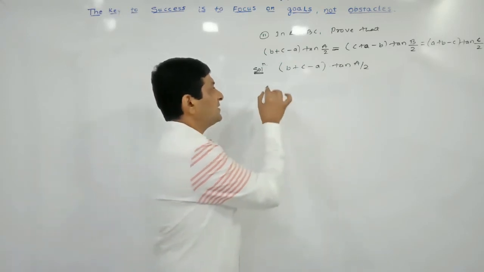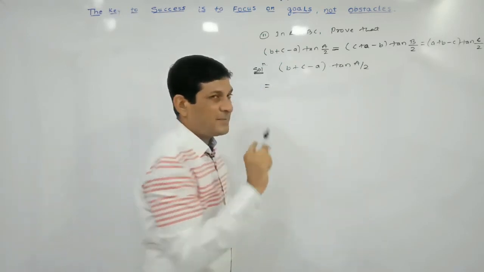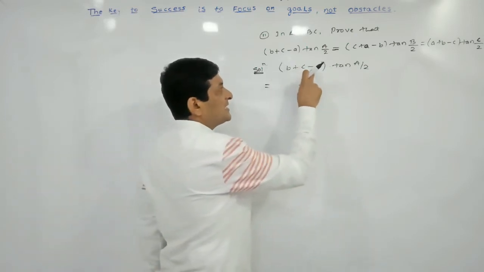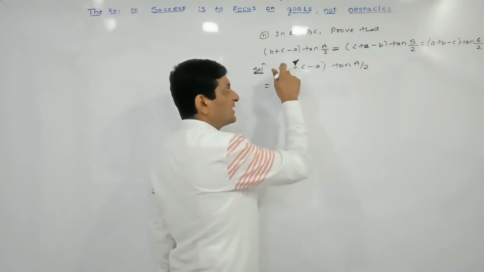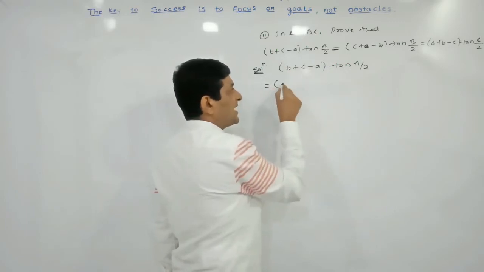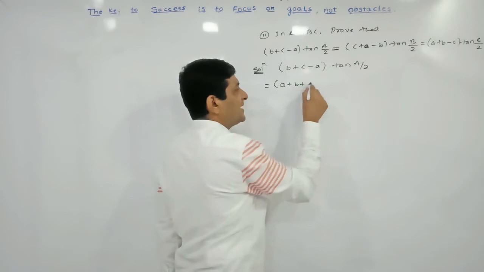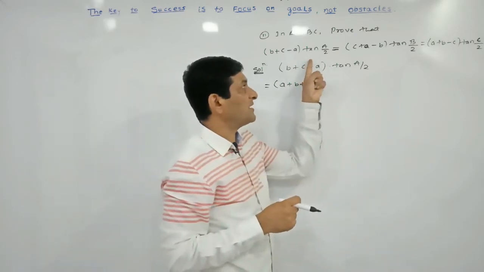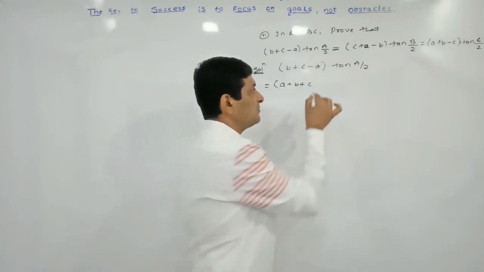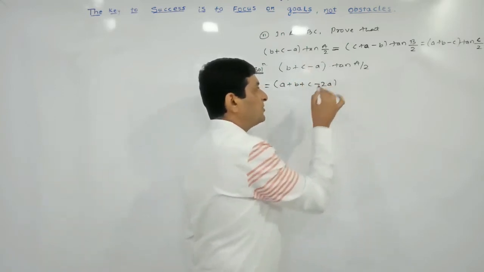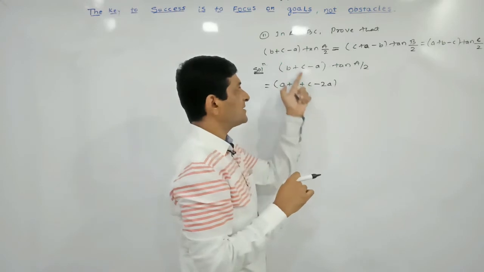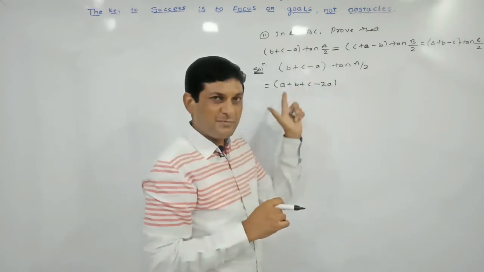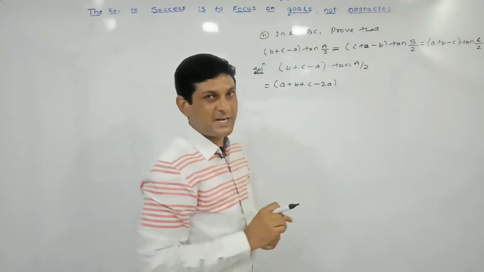Okay, so here we can observe that we know that A plus B plus C is equal to what? 2s. So here A is in minus, so here we will require plus A. So that's why we are adding A here. Since we are adding A, that's why we are subtracting A. So if we are subtracting A, then we will get here minus A, and this minus A will become what? Minus 2A. Again we can observe here, keep B as it is, C as it is, and A minus 2A will be equal to what? Minus A. Means simply we are adding A and we are subtracting A.